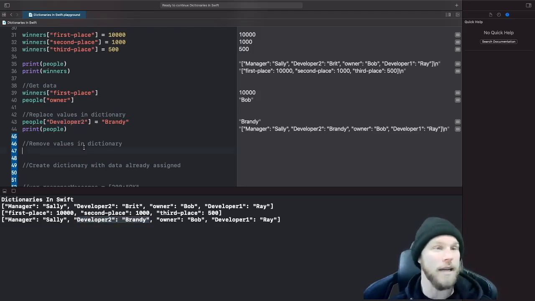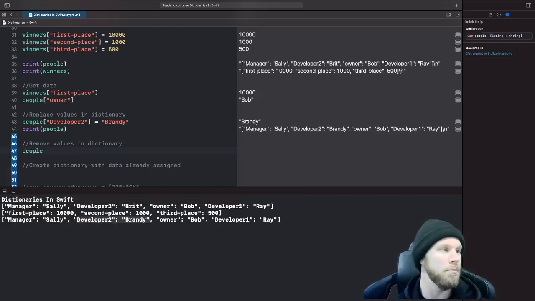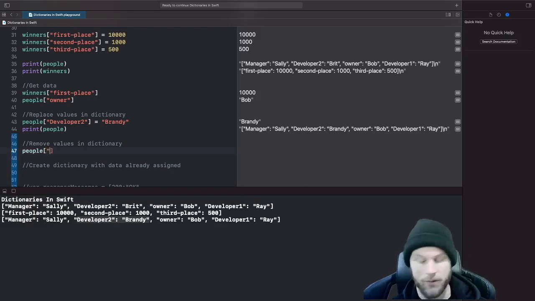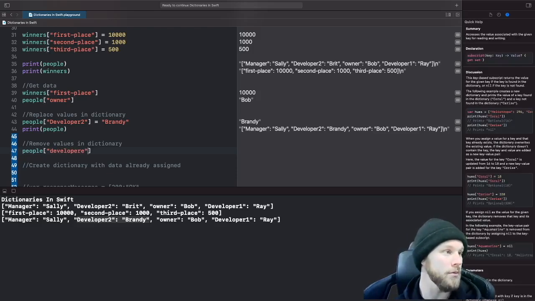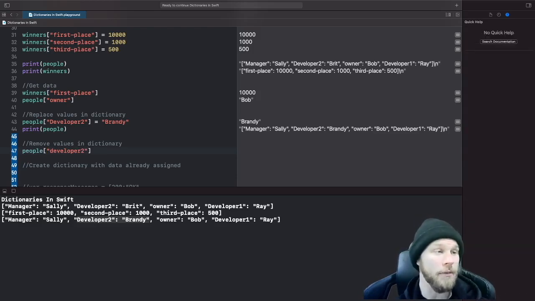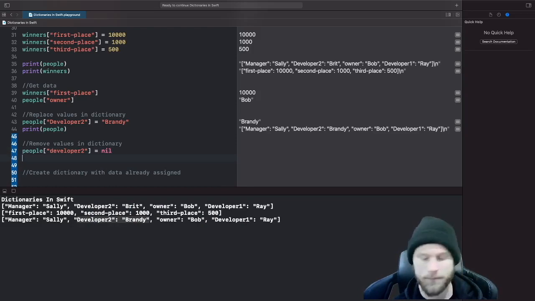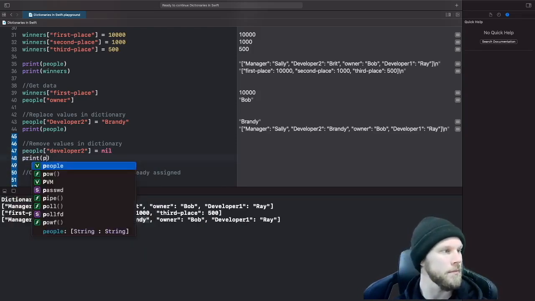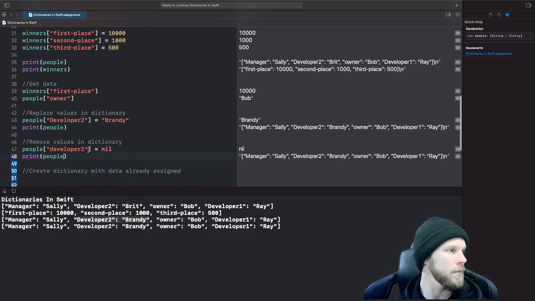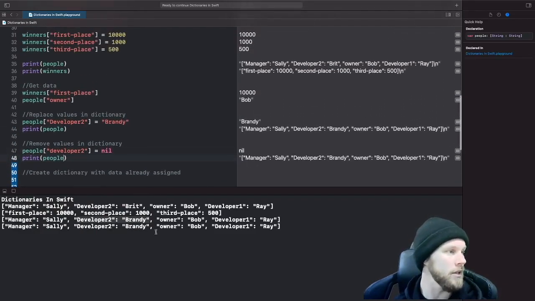All right, so now let's remove something totally from the actual dictionary. So you want to go ahead and do people again. Let's say Brandy got hired on and they said, sorry, we no longer need a second developer for this team. So we're going to have to, unfortunately, let you go. So developer 2 is now not getting replaced. They're just letting you go completely. So we're going to remove it from the dictionary. And you do that by just assigning it to nil. Okay, so now let's go ahead and print that out. And you'll see. So it's set to nil, and you'll see right here,